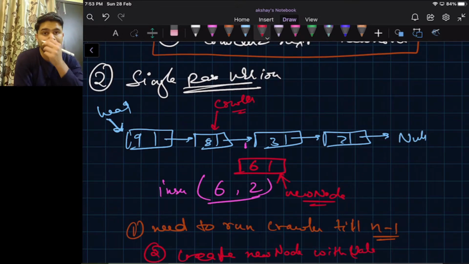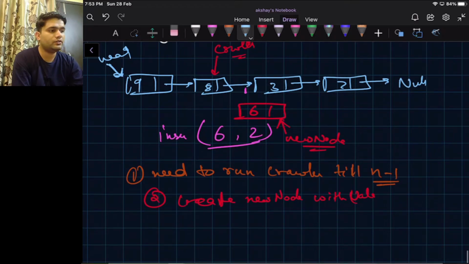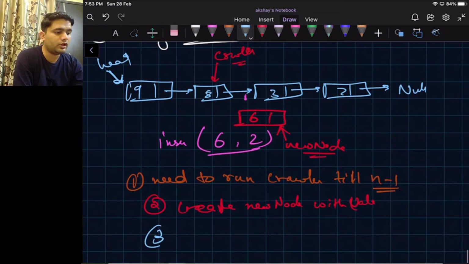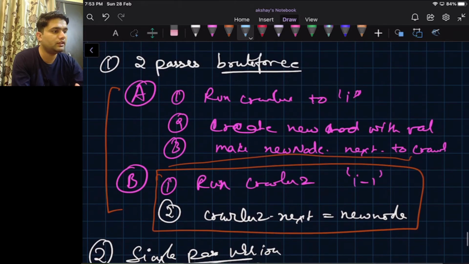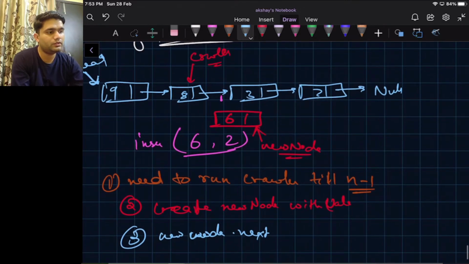Okay, now what we can say is, new node, just like above, just like this statement, new node dot next can point to crawler dot next.